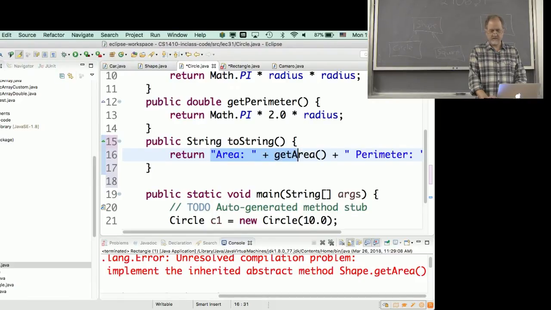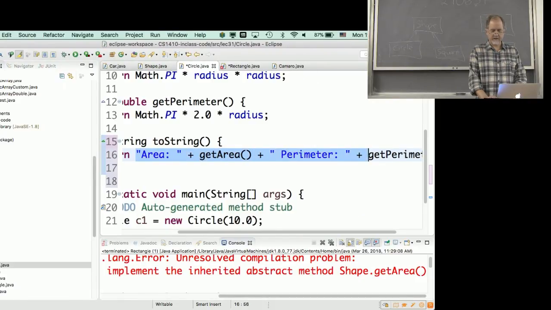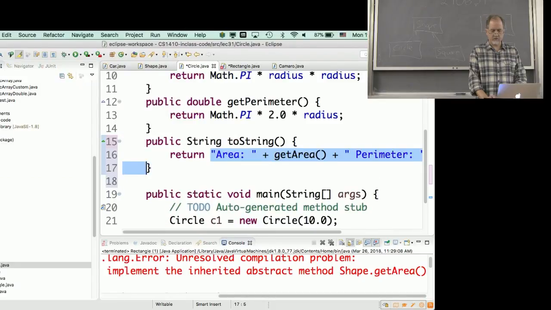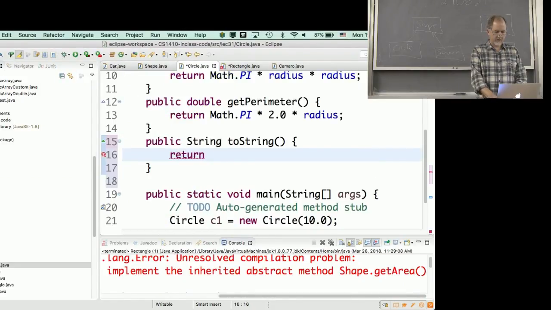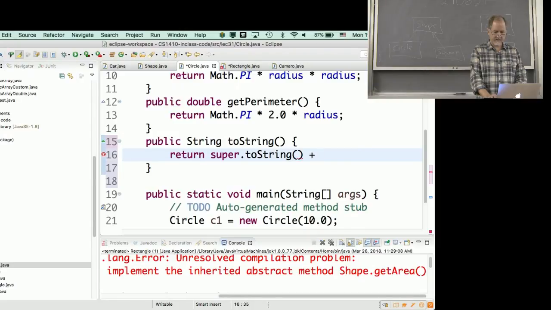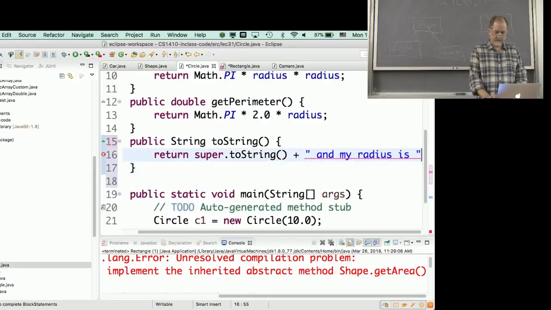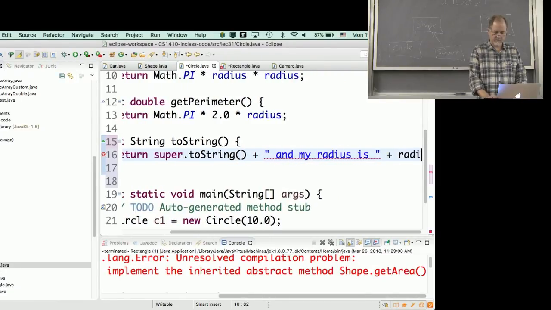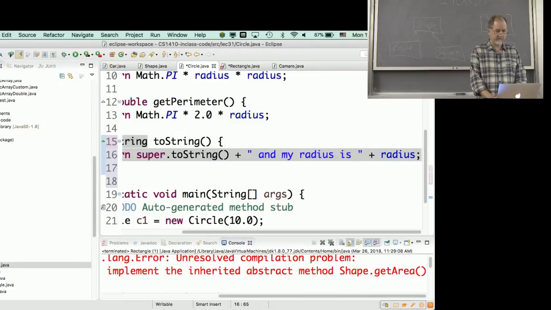I don't want to replicate that code. So I would call super.toString to get the basic part and add in, and my radius is plus radius. All right, and now if I run this,